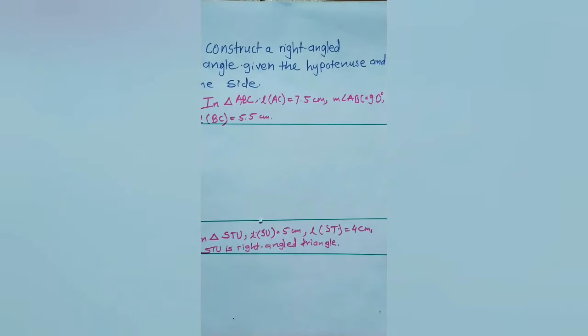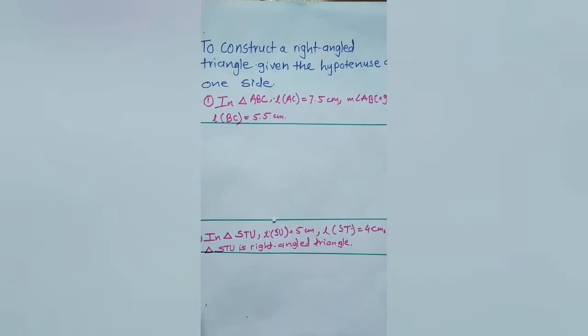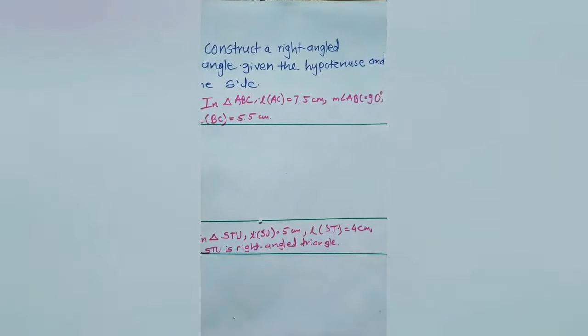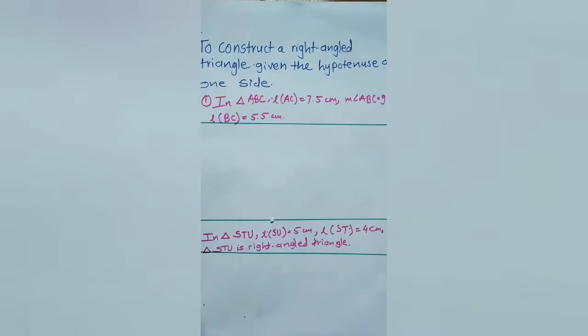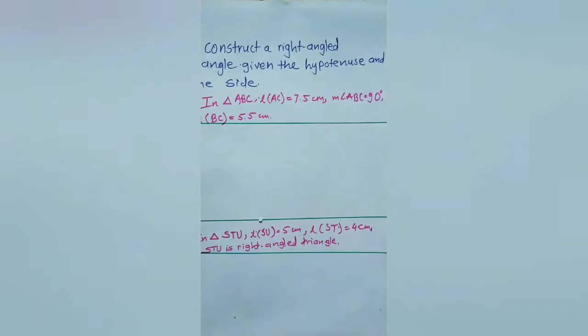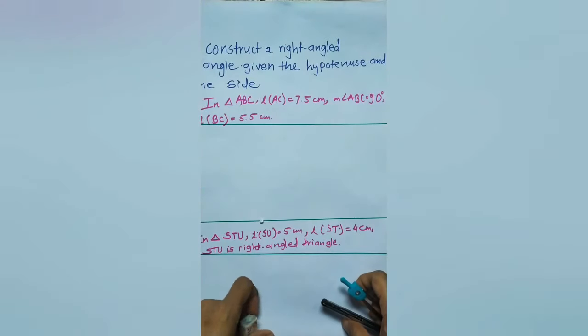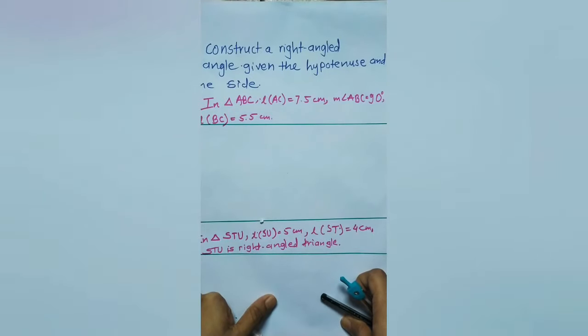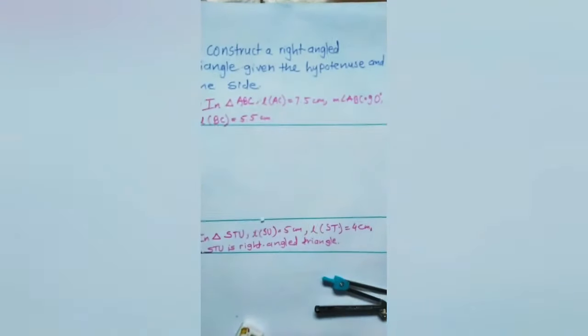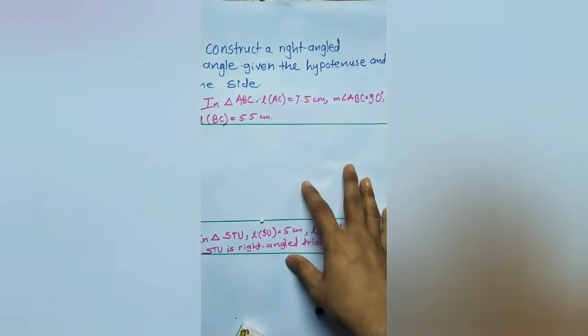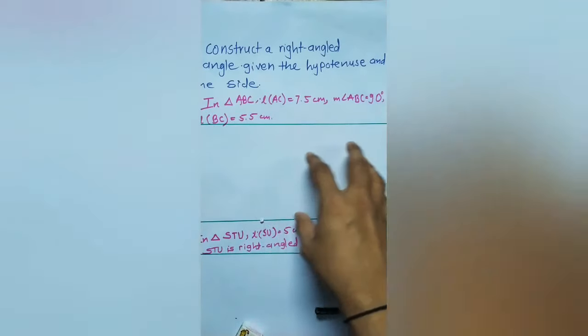Dear students, in this video we are going to learn how to construct a right angle triangle when the hypotenuse and one side are given. Before this video we had already seen how to construct a triangle when the lengths of all three sides are given, when two sides and the included angle are given, and when two angles and the included side are given. In this video this is also the same type of construction, but before that we have